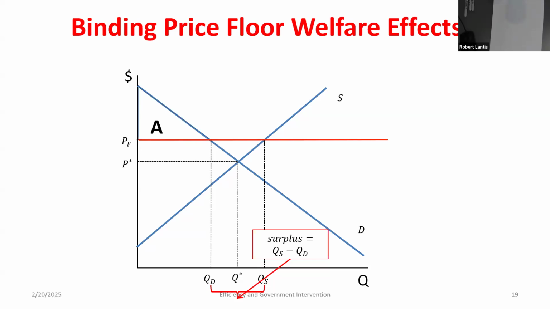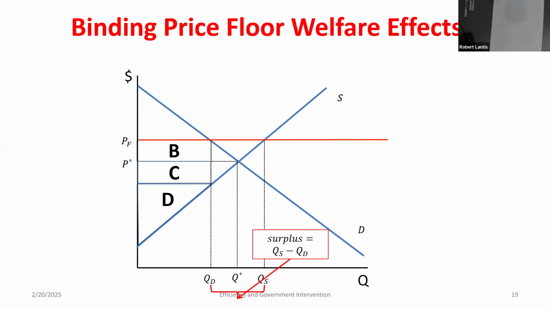You said it kind of looks similar to what we were doing last class. Now, what's going to happen to producer surplus? Well, what are the marginal benefits to producers? When I sell something, the marginal benefit is the price. So it's this new price after the price floor. What is representing the marginal cost of producers? What does supply represent? Marginal cost. So here, the area below the new price after the price floor, above marginal costs, would be this entire area here. It's the area of a triangle and the rectangle added together, right?